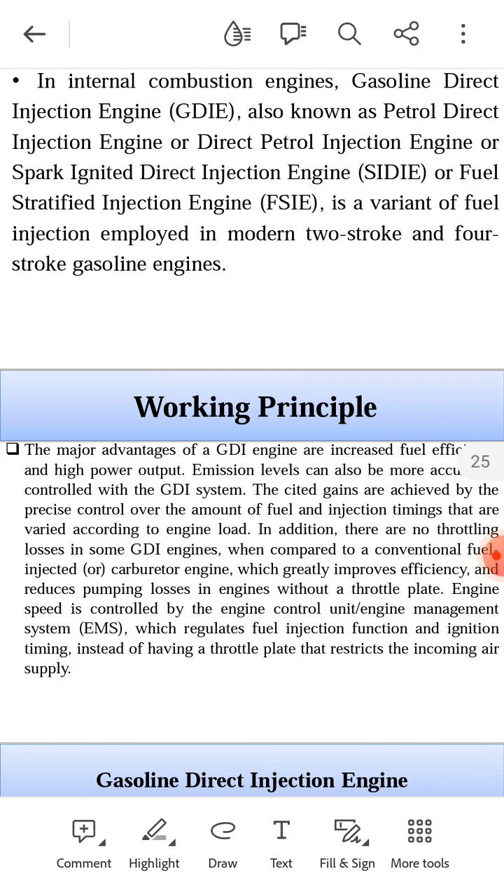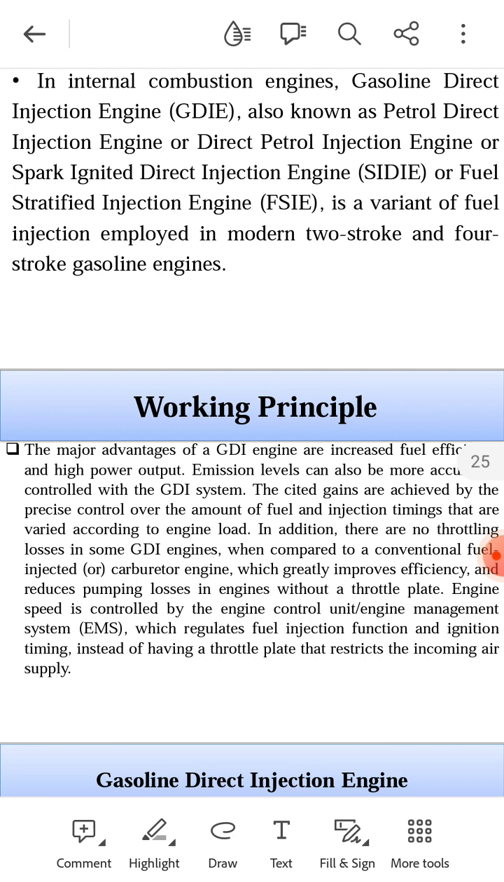The major advantages of GDI engines are increased fuel efficiency and high power output. Emission levels can be controlled more accurately with GDI. The gains are achieved by the precise control over the amount of fuel and injection timing that are varied